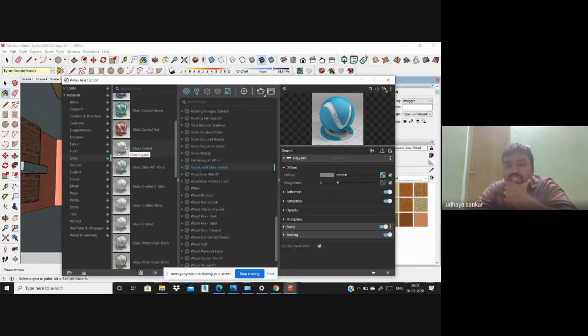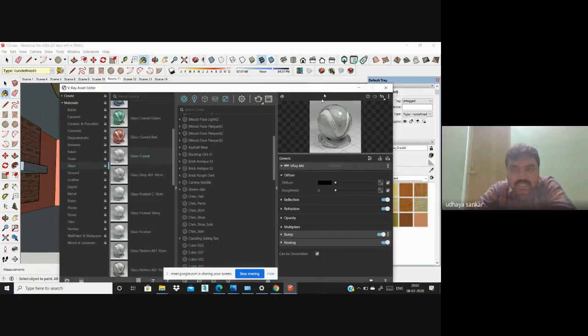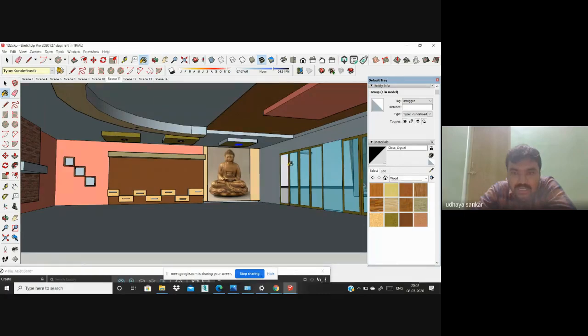How to change this glass to this type, right? Simply click this mouse, simply click add to scene, right? Now see, automatically the glass will be changed, right? Do not edit, right? Simply I click this mouse, add to scene. Automatically it will be changed, right? Simply select this glass, then go to apply on your glasses. Now see,